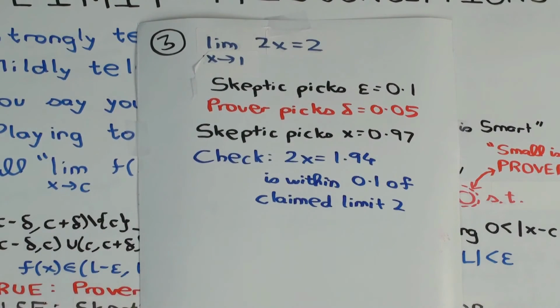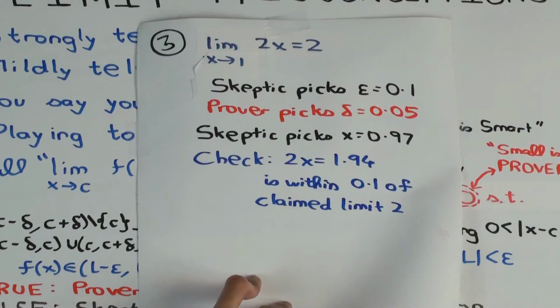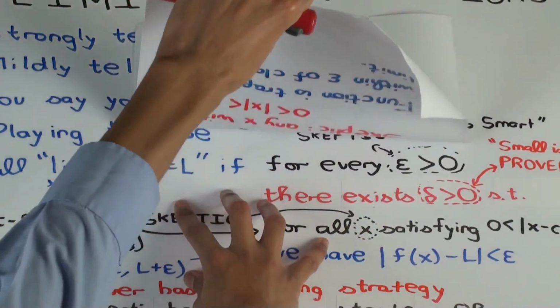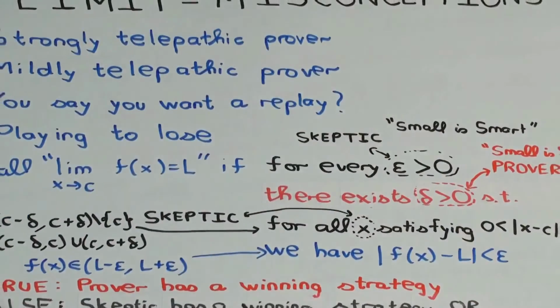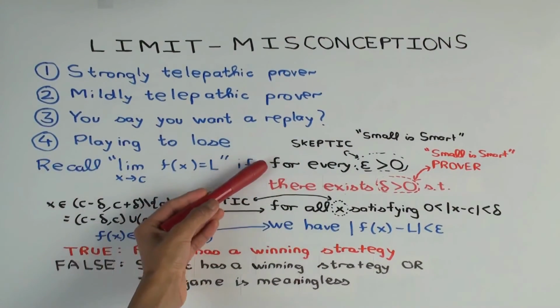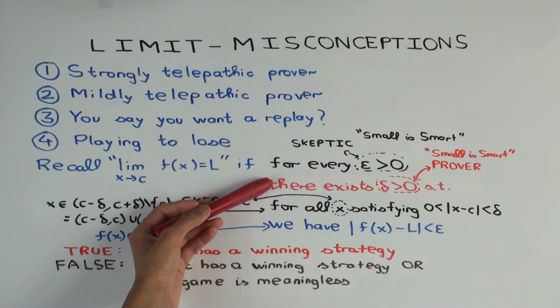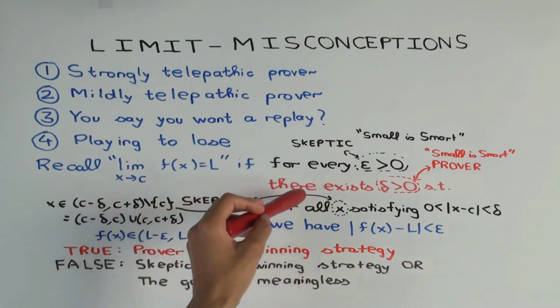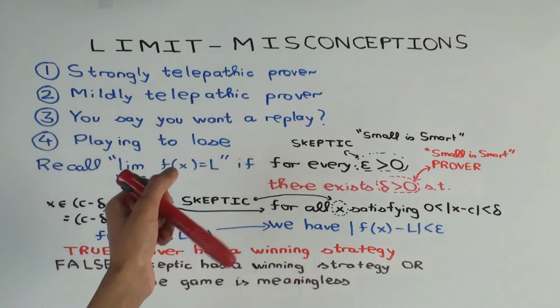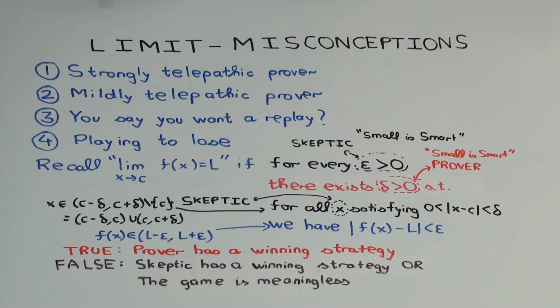Now you notice, I'm sure you've noticed this, but in the way the game and the limit definition goes, for all the moves of the skeptic we write a for all, right? And for all the moves of the prover we write there exists. Why do we do that? Because we are trying to get a winning strategy for the prover. So the prover controls his own moves, right? Exactly. So wherever it's the prover's move, it will be a there exists. Whereas wherever it's the skeptic's move, the prover has to be prepared for anything the skeptic does. So all those moves are prefaced with the for every.